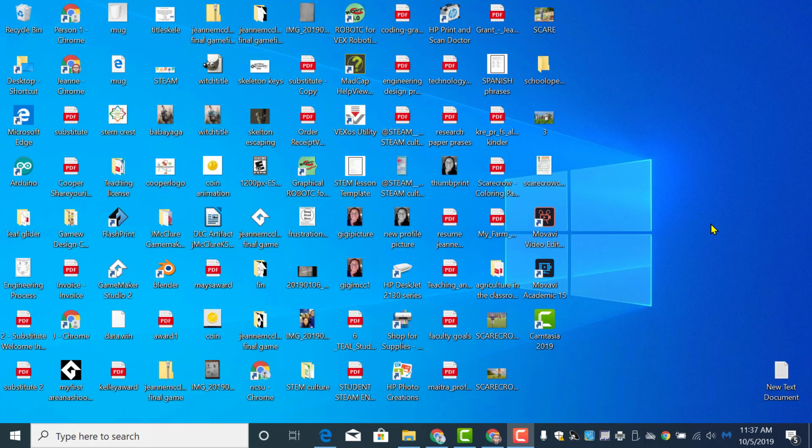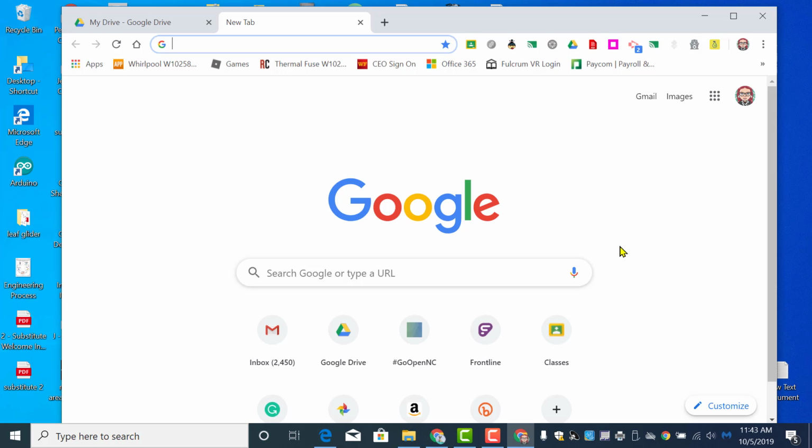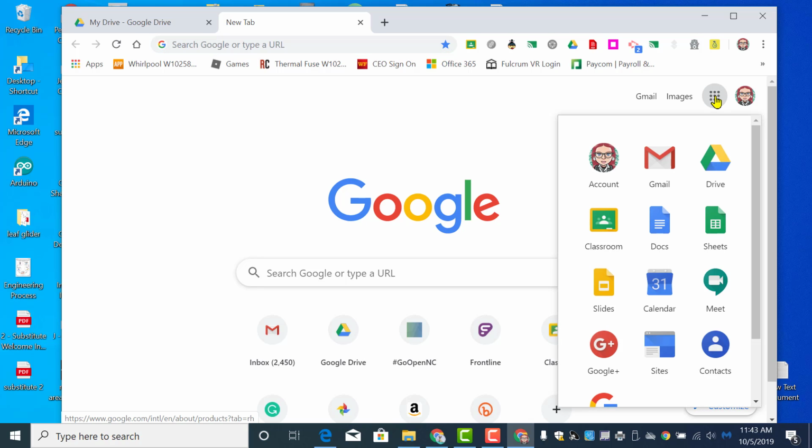To get started in Google Classroom, you must first be signed in to your account that has your G Suite for Education. Once you are signed in, you're going to either get to your Google Drive, or you will see the Google logo for the main search page. You will see 6 dots up on the right hand corner that will either have your face or maybe your initials. You can click on those 6 dots, and typically when you see dots it will indicate a menu or more information. Click on the Google Classroom icon